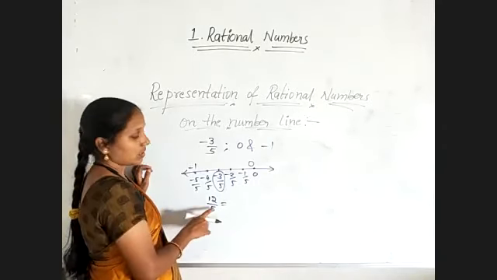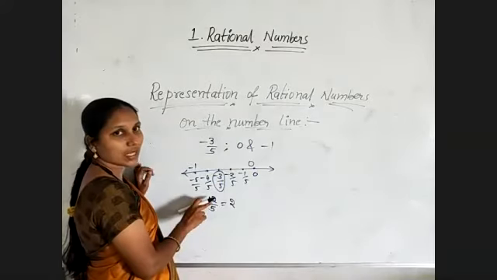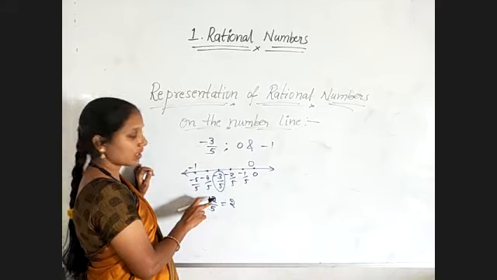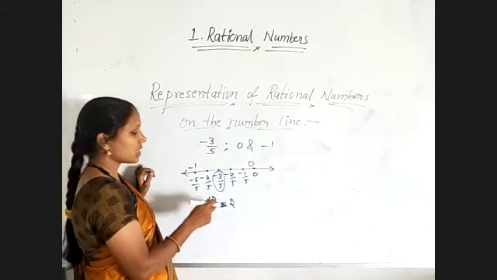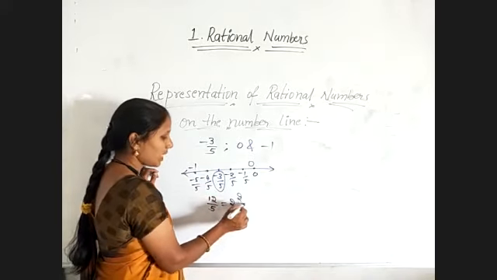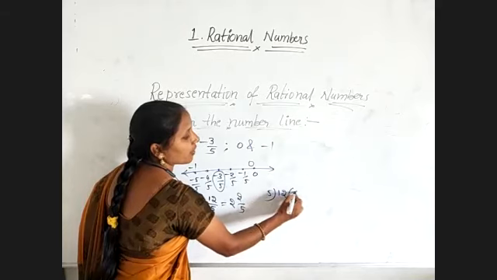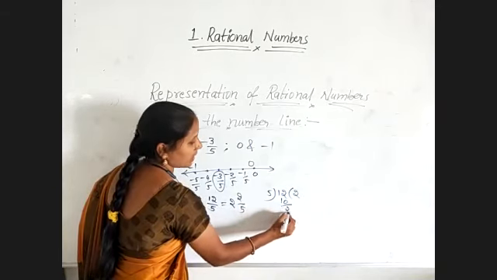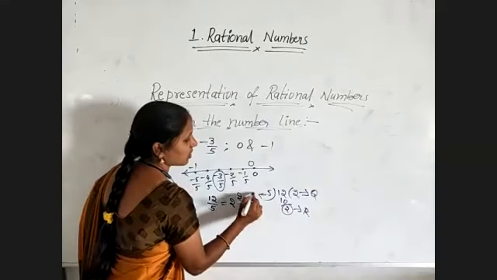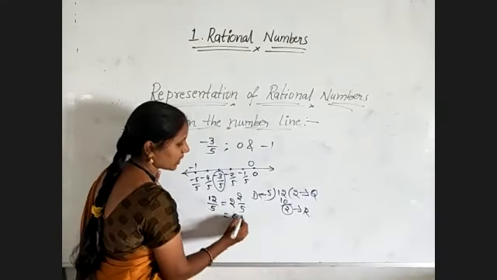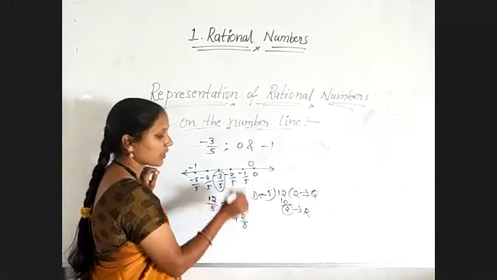How can we convert? 5 1s are 5, 5 2s are 10, 5 3s are 15. 15 is more than 12, so take the lesser number. 5 2s are 10, and 2 is still left, so 2 by 5. Otherwise go for division: 5 2s are 10 and the remainder is 2. We have quotient, remainder by divisor, so quotient 2, remainder 2, divisor 5.